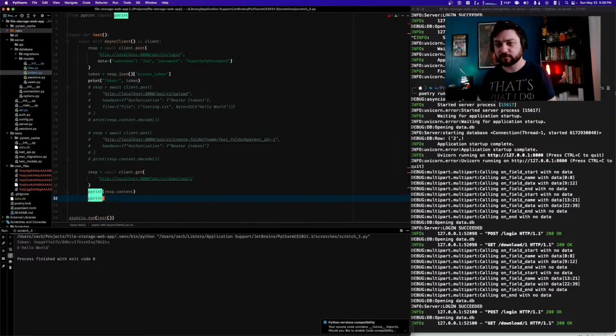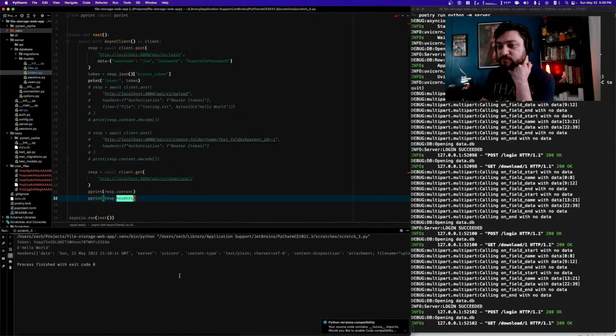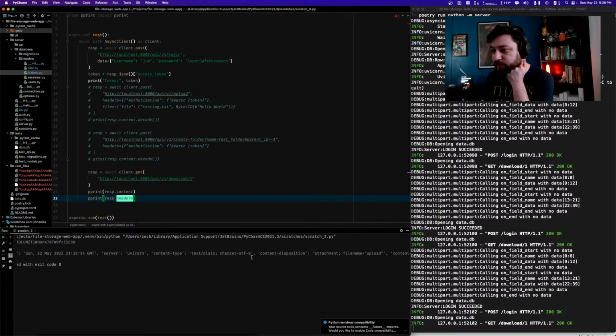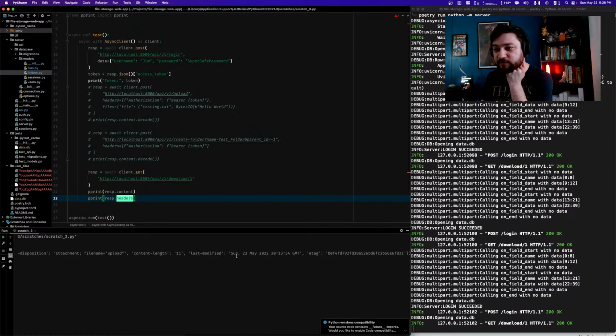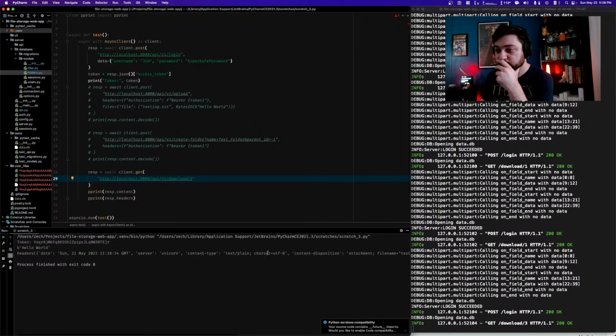Let me see. Print response.headers. And then content text plain, content attachment, content length 11, e tag. Did it give the file name? There it is. File name, attachment, file name, upload. So then if we did like file 3, attachment file testing.txt. So there, it gives the correct file name, which is important because if you were to download it,